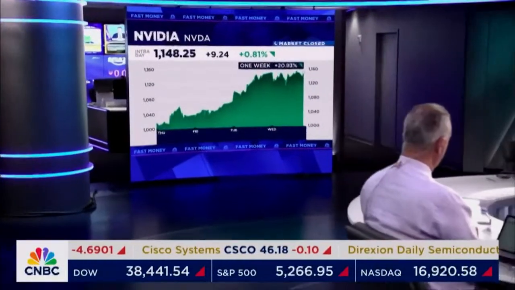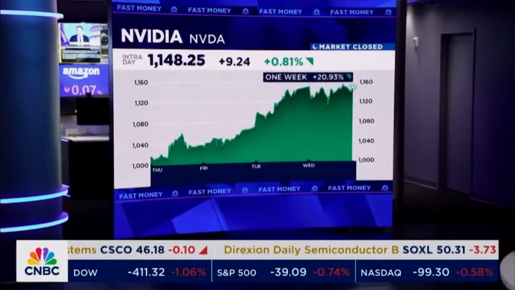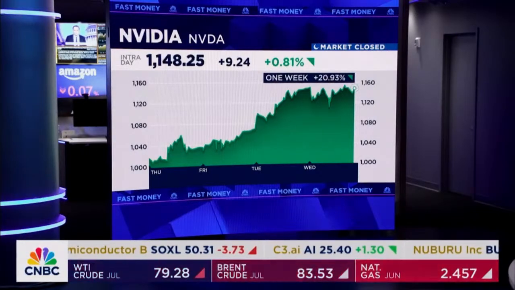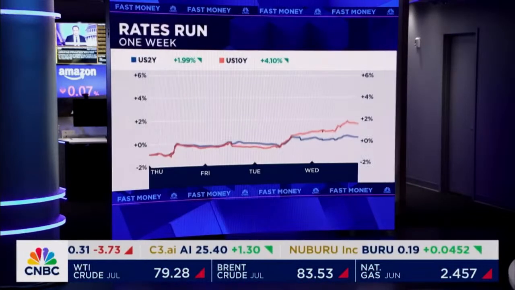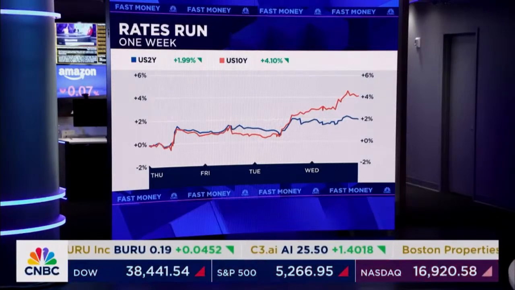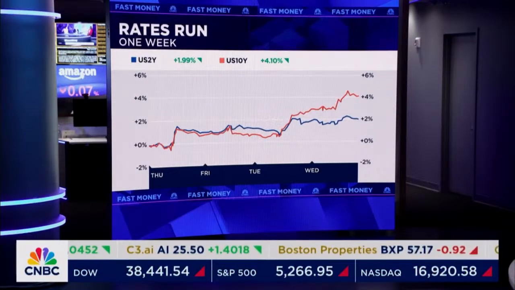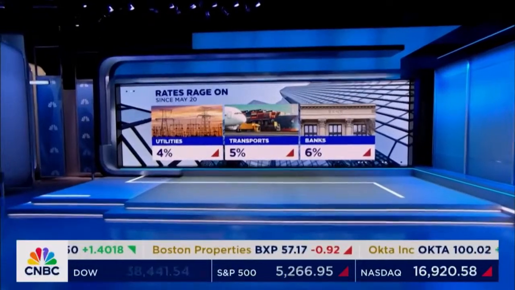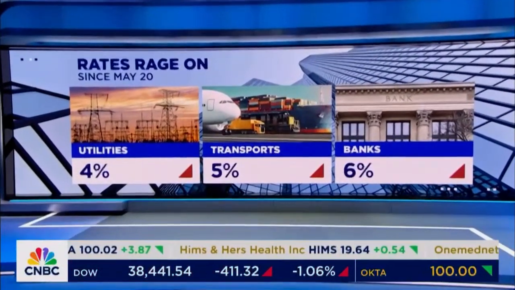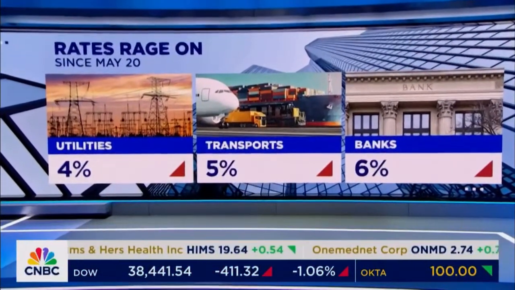Now let's get to that surge in rates that we've been seeing over the last 7 days and the blinding effect that NVIDIA has had over most investors. While the tech giant has surged nearly 25% over that same period, yields have quietly moved higher, too. The 2-year is now just a couple of basis points from 5%. The 10-year is now back above 4.6. These moves are putting a hurt on a number of sectors outside of technology. Utilities dropping over 4%, transports down close to 5%, the KBE, the big bank ETF, falling over 6%. Tim, this is something that you flagged and you're concerned about.